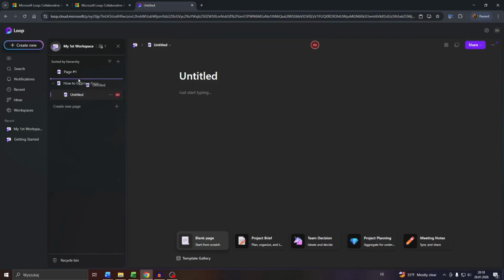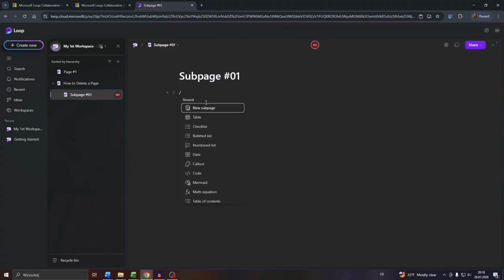Now you can move it to a different page with your left mouse, change the location, click into it, fill it with content, give it a new title like Subpage 1, and treat it as any other page in your workspace. Like give it commands here in the text field, and you may even add a new subpage through that